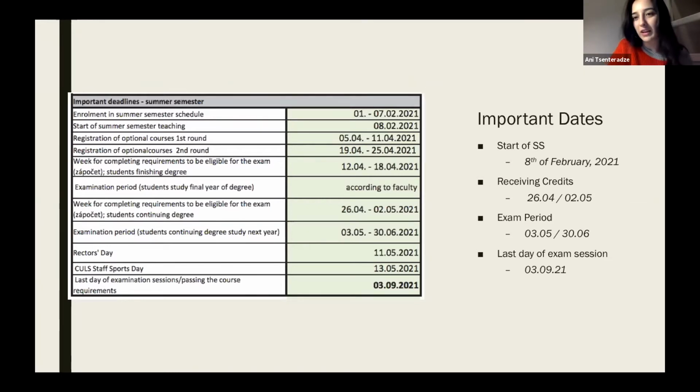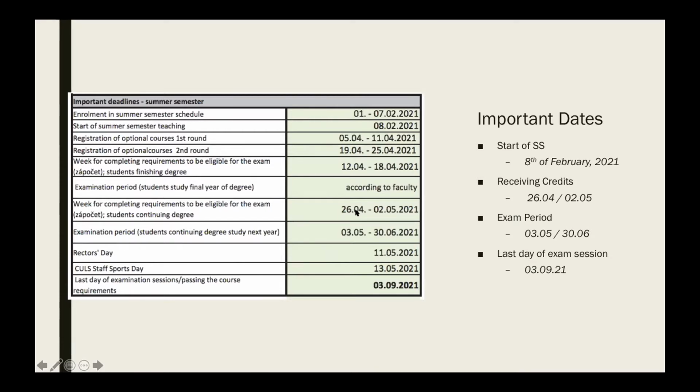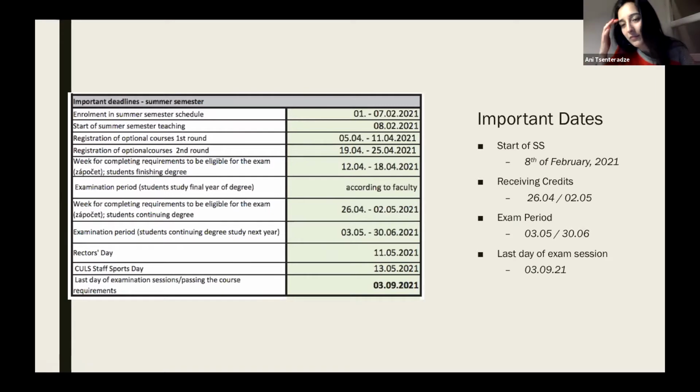The basic thing that you have to know is that receiving credits is one of the most important things, because if you don't have credit, then you are not going to be able to attend the final exams. That period of receiving credits starts from the 26th of April, and it usually lasts until the 2nd of May.